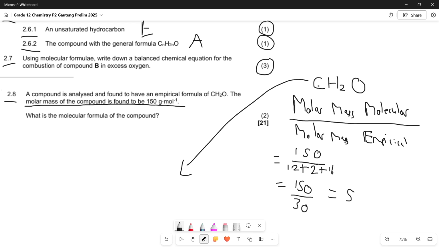Which means that all we have to do is multiply everything by 5. We don't just put 5 in front of the whole thing. It's not like moles. We have to update the numbers, the amount of each element inside of this compound, which means if we are multiplying this by 5, we end up having a molecular formula, the actual formula in nature, not just the simplest representation. We have C5H10O5, and that would earn us 2 marks over here